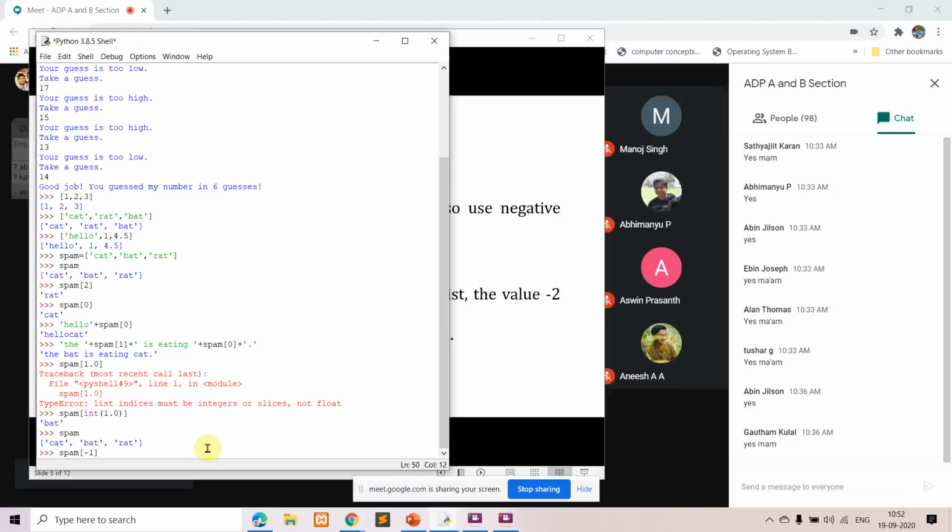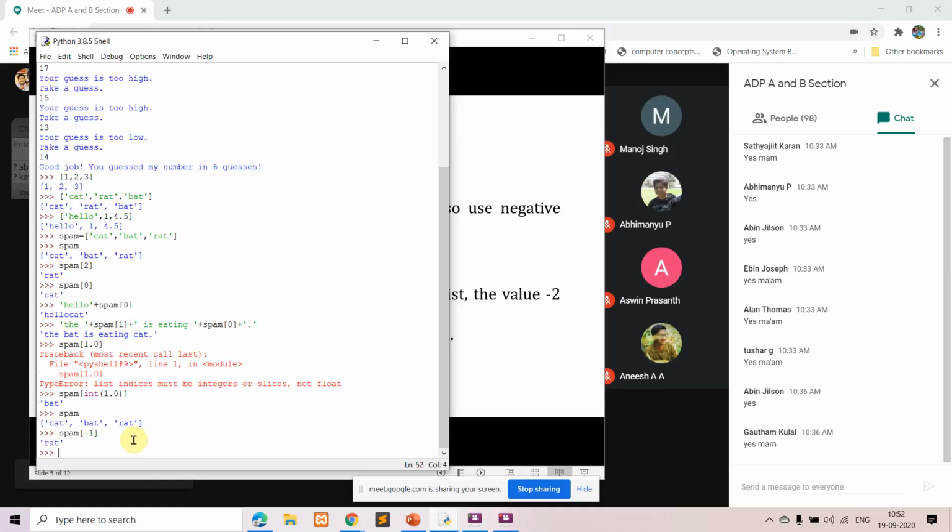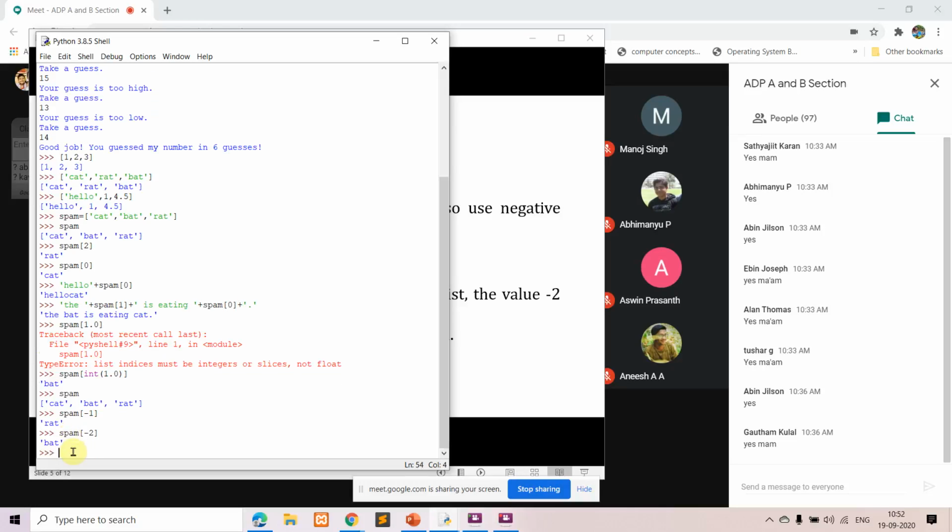So what happened here? Rat is printed, which is the last value in your list. If I'm giving spam of -2, in this case what happens? Last but one, that is bat, will be printed.